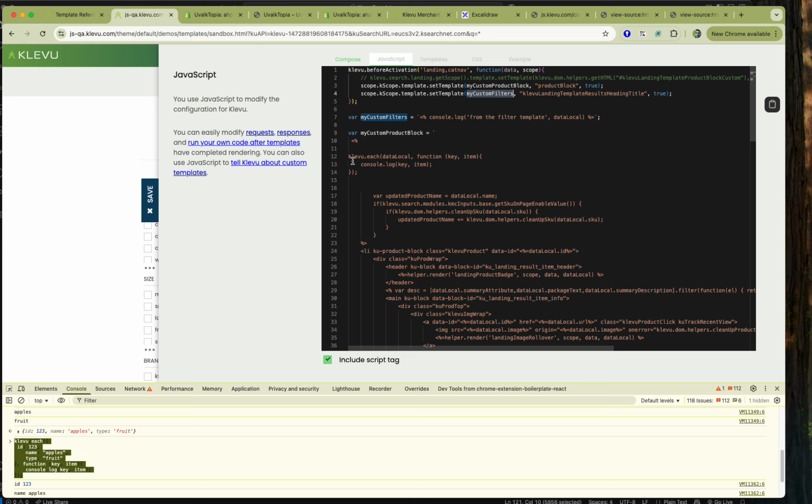And then over here, I'm doing a Klevu each of data local function key item. It's the exact same thing that I did over here, except that instead of iterating through this object that I just made up, I'm going to iterate over data local, which should be the product, which is an object that happens to have a price and name and SKU and all these other things that we saw in that response. So if I hit save,